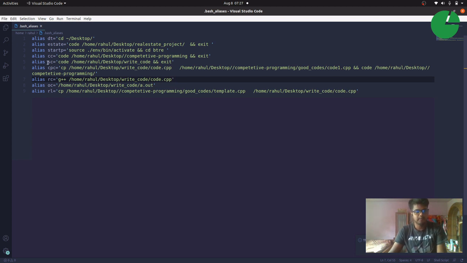Now the first is SC. It is the command that will open where I write my codes, and it will close the terminal simultaneously. I will show all of the commands by implementing them one by one.